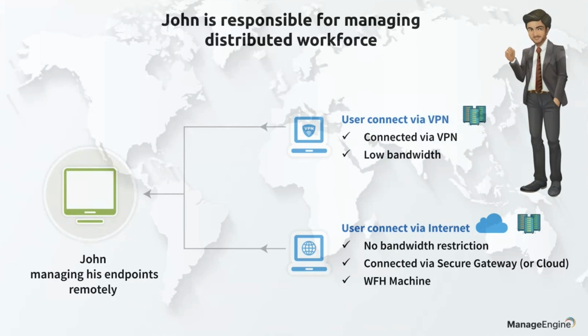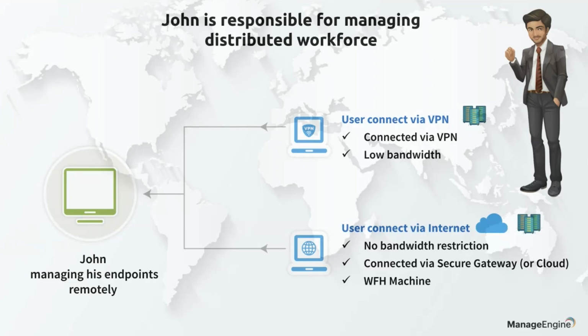For the machines that are connected over the VPN, he can make use of the deployment to make sure the patches will be downloaded directly from the internet. For the machines that are connected over the internet, we recommend John place a secure gateway server, which will be the intermediate server between the roaming machine and the Endpoint Central server. The Endpoint Central server will not be directly published to the internet,